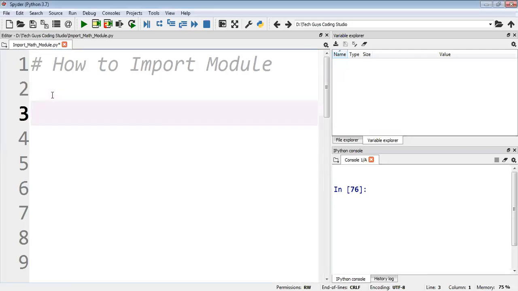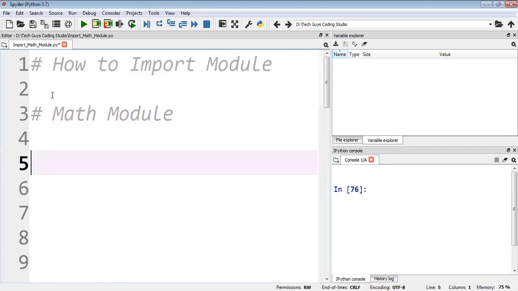Today our topic is how to import modules. In Python, we have a number of modules, so how to import each and every module. Today we'll discuss only the math module. In the math module, we have different types of functions, for example, I just want the square root of